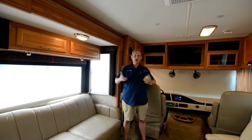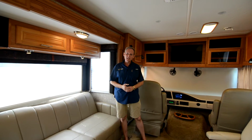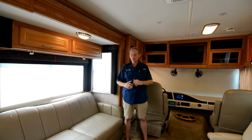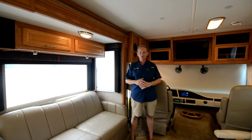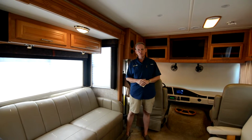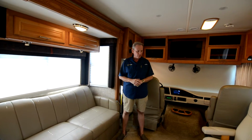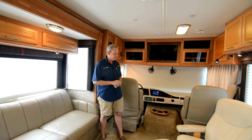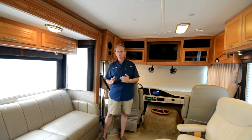It's really on the upper end of the gasoline motorhome market. It's got a lot of features that you'll see on other things like diesel pushers. This one has just a shade over 40,000 miles. It is in absolutely wonderful condition, and what we're going to do today is I'm going to take you through